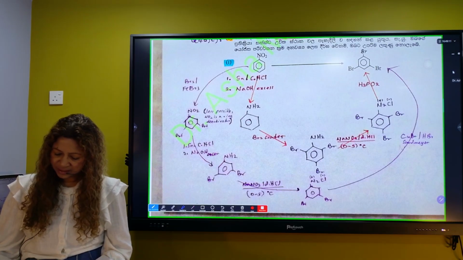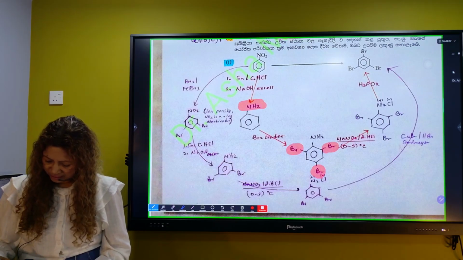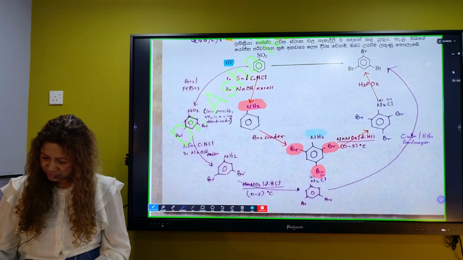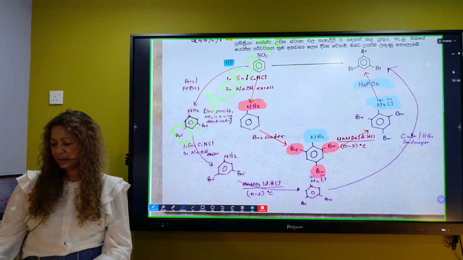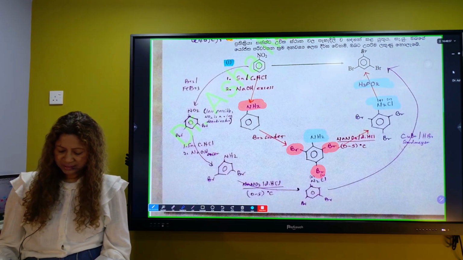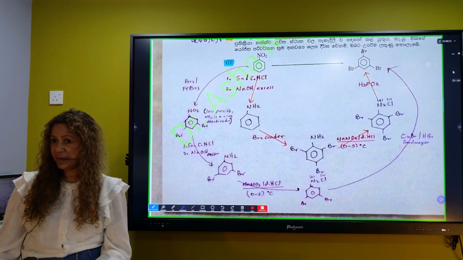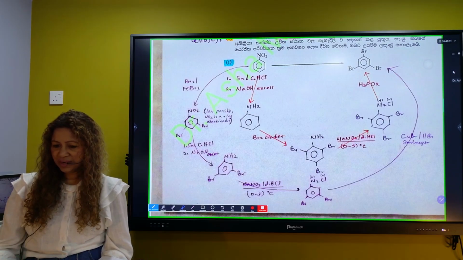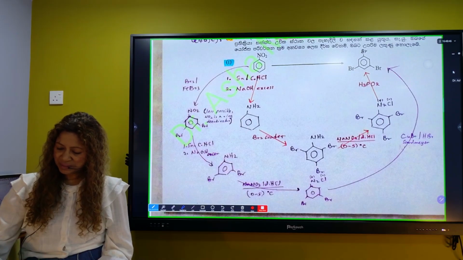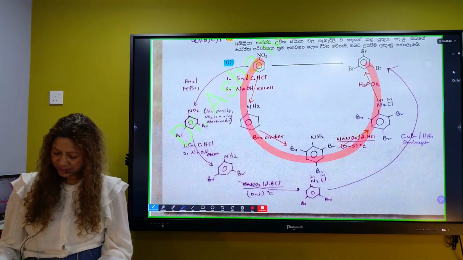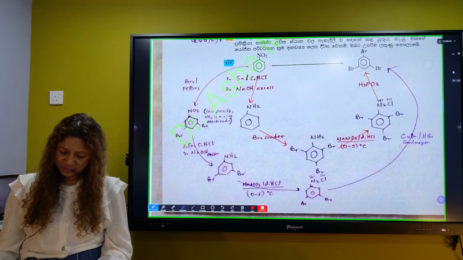The one we did earlier again: for this NH2, add these three, then you can remove NH2 with N2Cl, H3PO2, then you are just removing that. Otherwise, once you guys are panicking at the exam, then the brain plays tricks on you and you abandon the easy method. If you have some talent, then you can find some other methods as well.